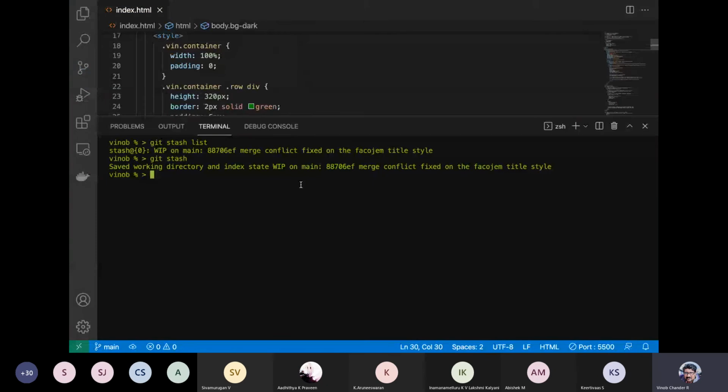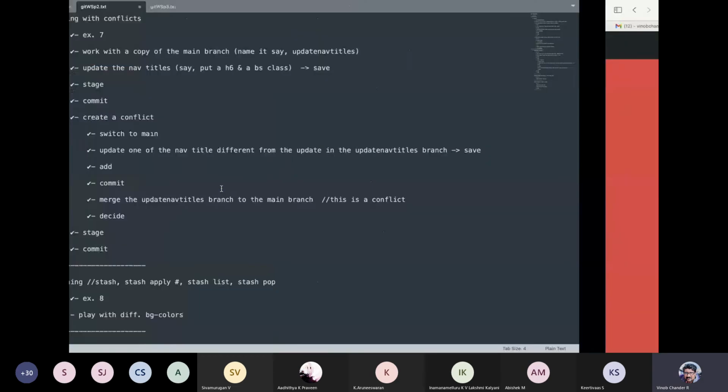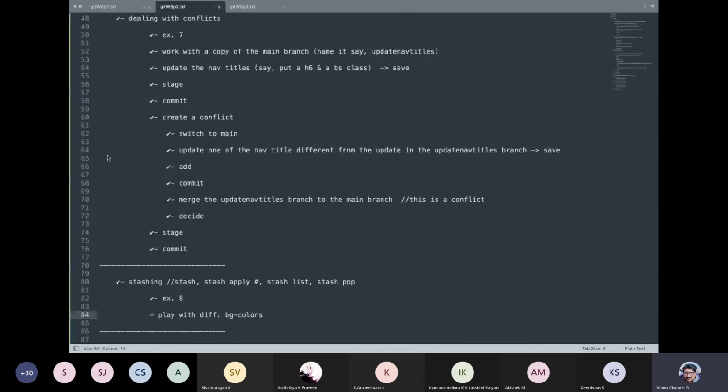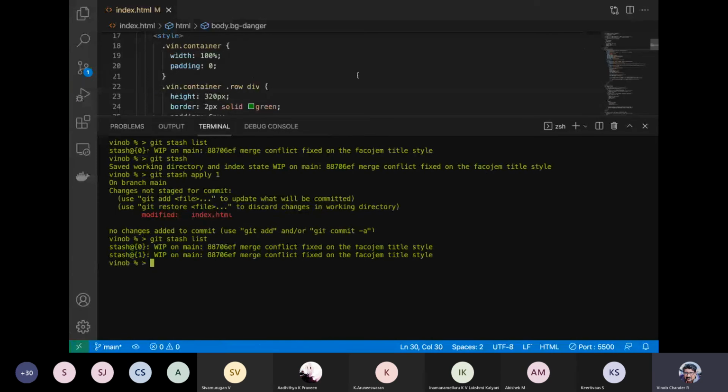But then if I do an apply of 1, right? So we have 0 and 1. We have applied 1. Okay, so if we do a git stash apply, one is applied here. This is what color? This is danger color. We wanted this.